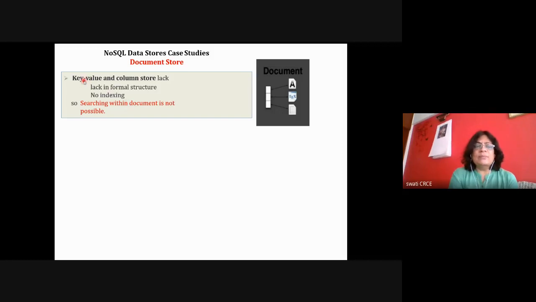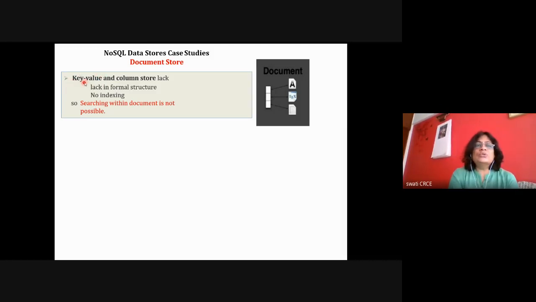Key value is the simplest form of NoSQL database. Everything is in the form of key and value. Value can be anything, like a JSON object, a binary object, or an audio object. But there is no other schema. Everything is stored in the form of key, and the keys are hashed to the table, and you can extract the corresponding values. The only operations you can perform are put key value, get key value, or delete a key value.